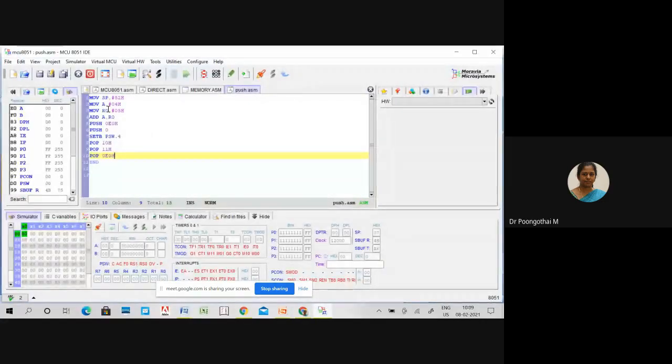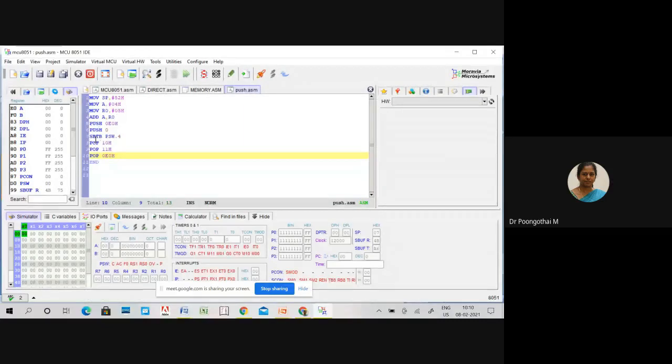So this is the code given. Initially your stack pointer is pointing to 52, the accumulator is loaded with 04 and R0 is loaded with 05, and ADD A, R0: the accumulator content is added with R0. After execution, your accumulator holds 09. Push E0 is the internal address of your accumulator that is pushed onto the stack. During the execution, your stack pointer is pointing to 53, so 53 holds 09. Push 0 means R0 is pushed onto the stack, so 54 holds 05.